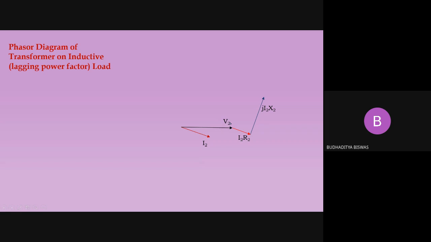Now, if we take the phasor summation, not the algebraic summation, of the voltage across the resistance, the voltage across the reactance, and the voltage across the load, then we get the induced voltage E2. E2 and E1, the primary induced voltage, should fall on the same axis. Phi is the common flux, which leads the two induced voltages by 90 degrees. That's why this is the phi axis.